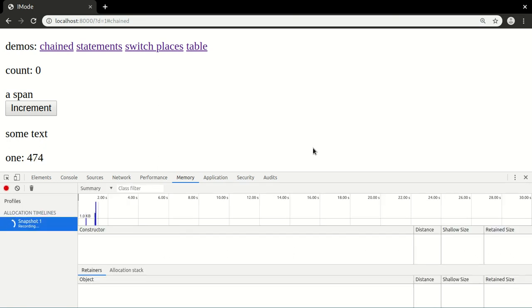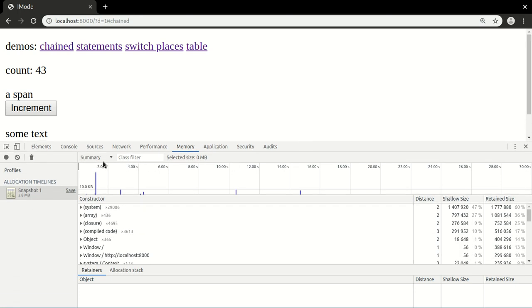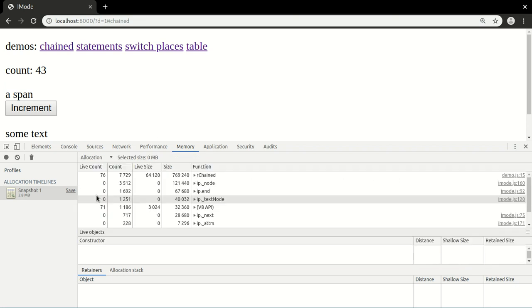So I'm going to record heap allocations. And that's the JIT kicking in. Of course, some of these allocations are these strings, and that's the JIT kicking in again. And you can see that there are almost no allocations. And when I finish, the whole heap is less than 3 megabytes. And if we go to allocations,